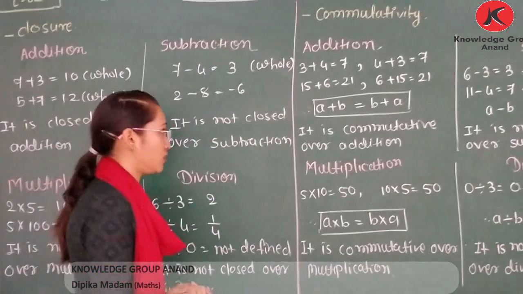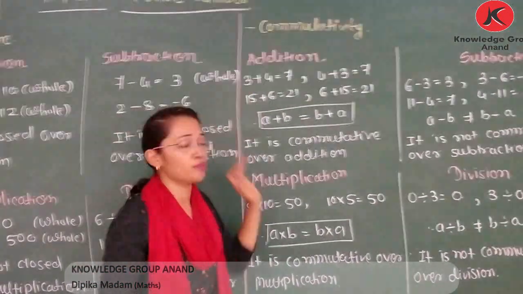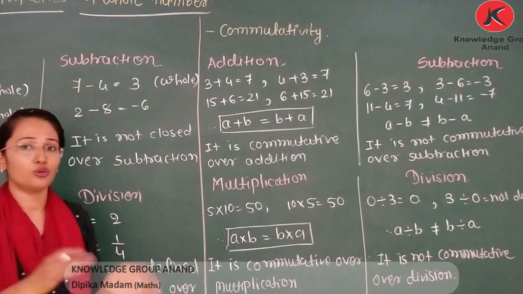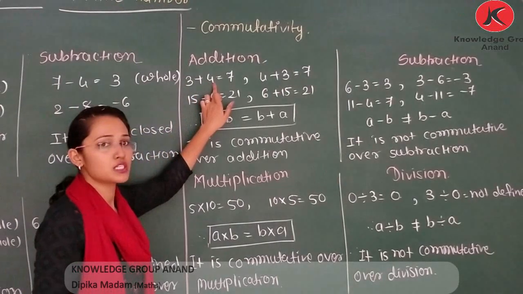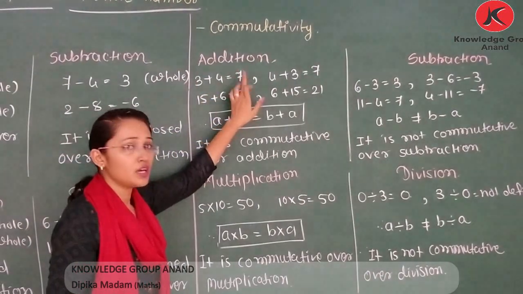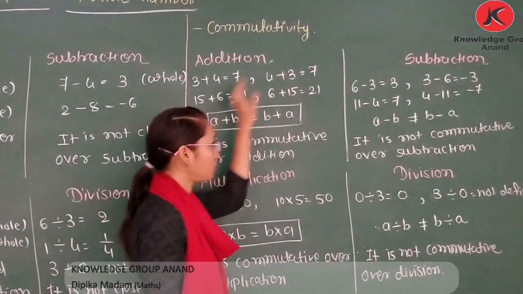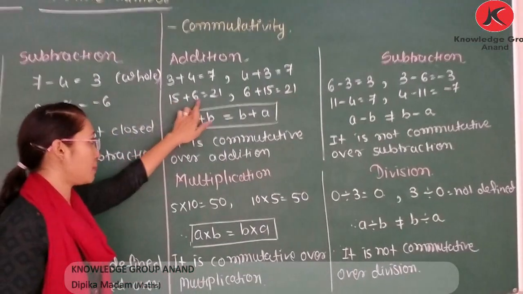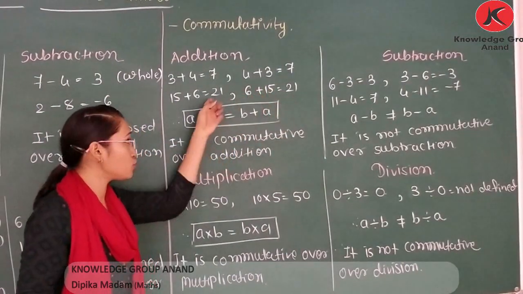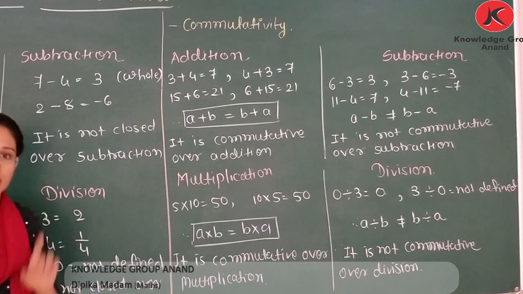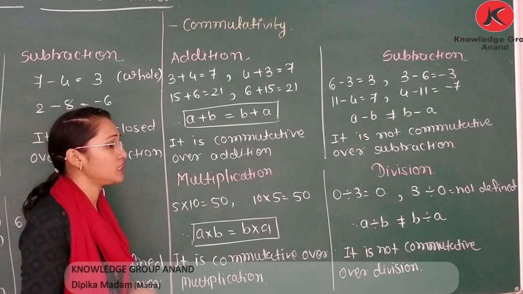Now commutativity. We will check for addition. So here first, what is commutativity? Commutativity means you can change the order. Order means here, first example 3 plus 4. 3 plus 4 is 7. If you change the order, 4 plus 3, that is also 7. One more example, 15 plus 6 is 21 and 6 plus 15 is 21. If you change the order, the answer remains same. Even if you change the order, the answer is the same. That's why you can write a plus